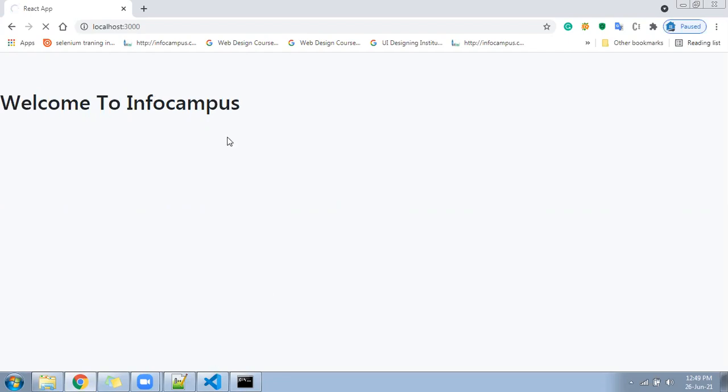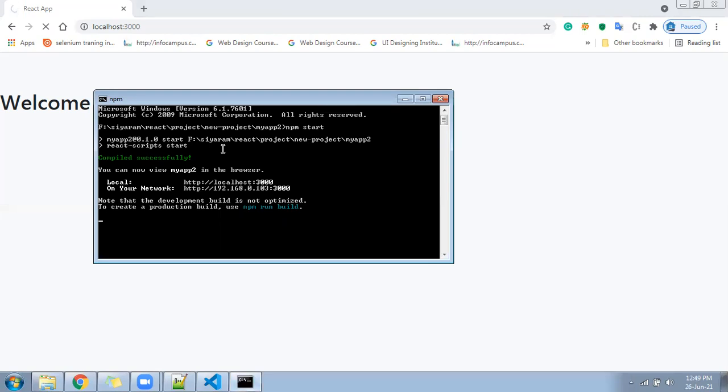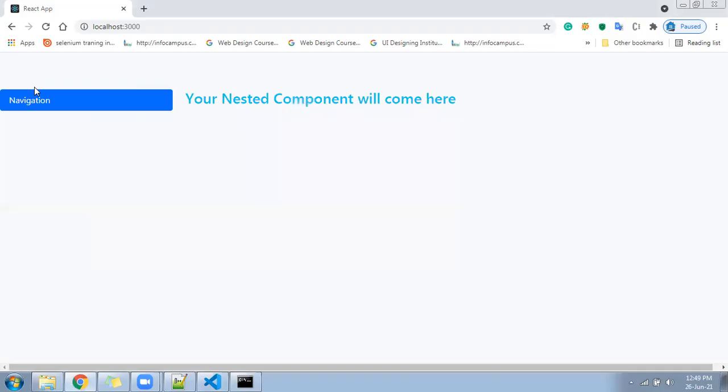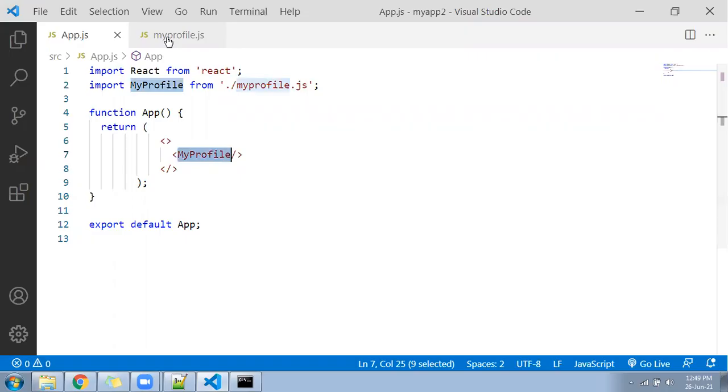I have saved my file. Yes, it is auto save already. See, it came here. This is called 3 and this is called 9. Left side is 3, right side is 9. Since I have not used the container, it is getting spread in the full width. I will use the container also.